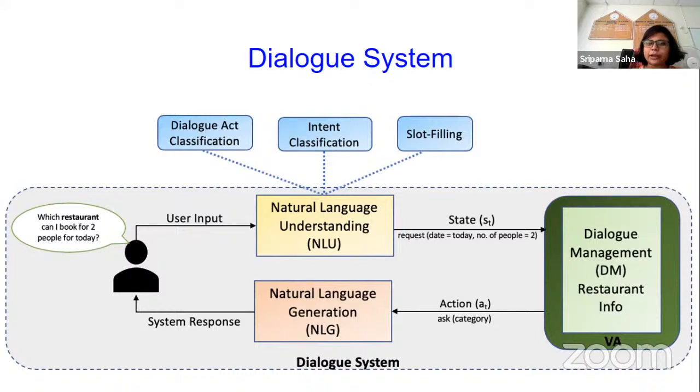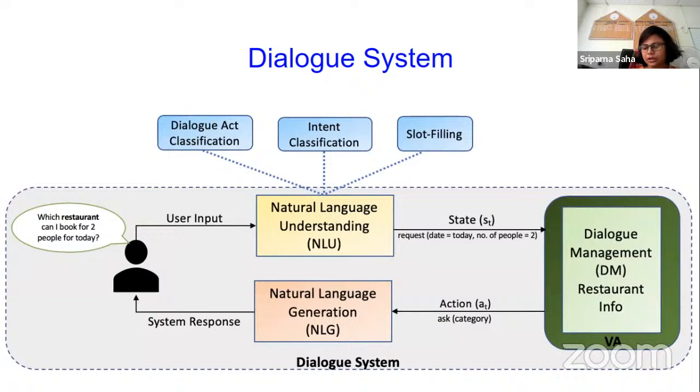This dialogue manager is basically a reinforcement learning based agent, which maps the state into action. There is policy optimization: it tries to optimize the policy, and given a particular state, it selects the optimal action. For example, given the state that the user wants to book a restaurant for 2 people for today,